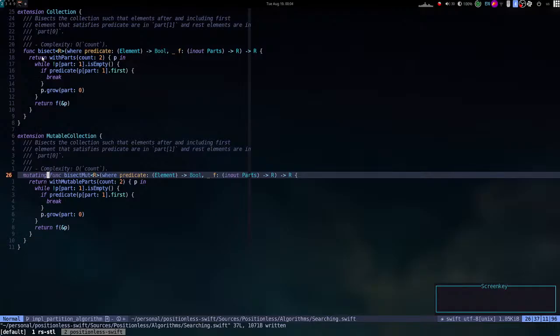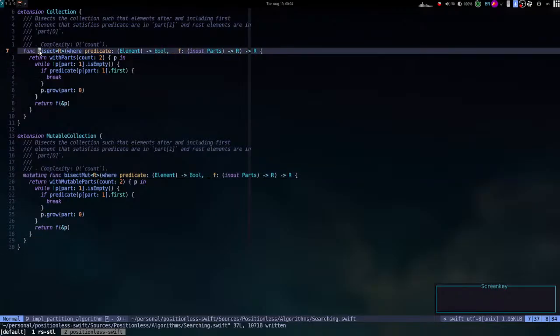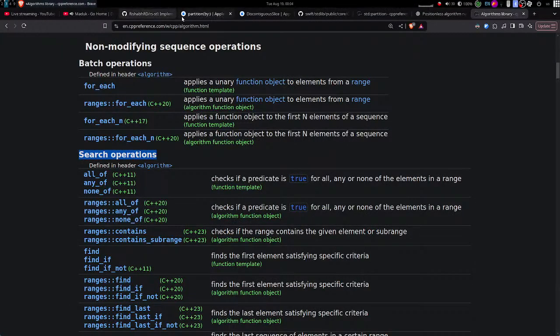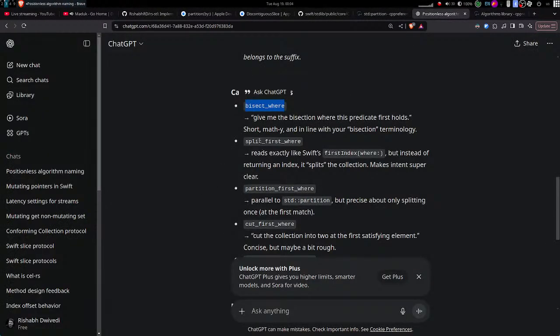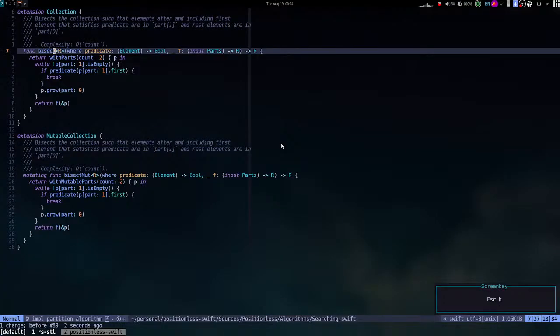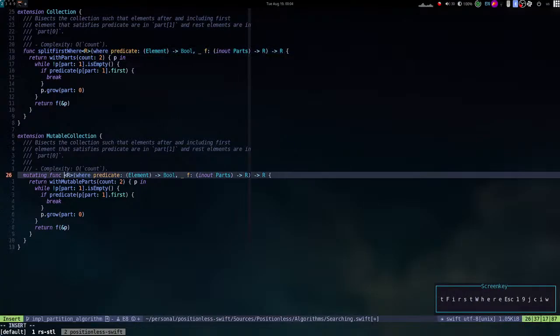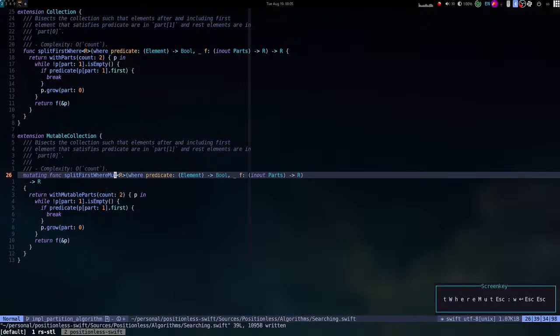So for every function like this simple function, this is bisect first. I am not liking this name. What was that name? Split first where, and split first where mute. I was not liking the function name at all. Bisect. Anyways,